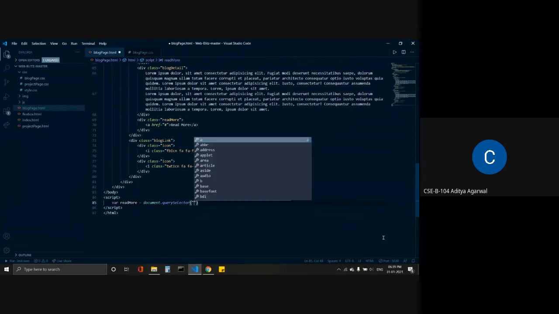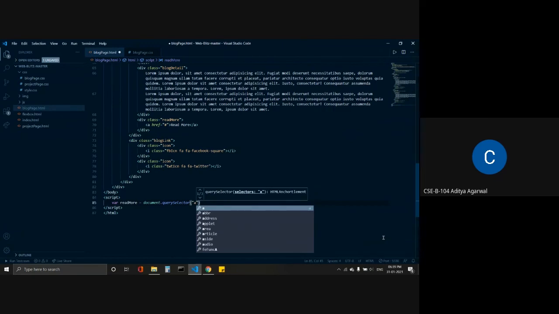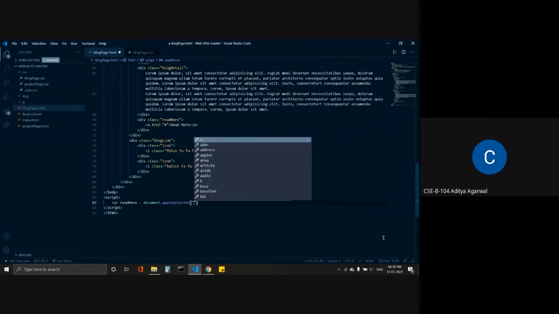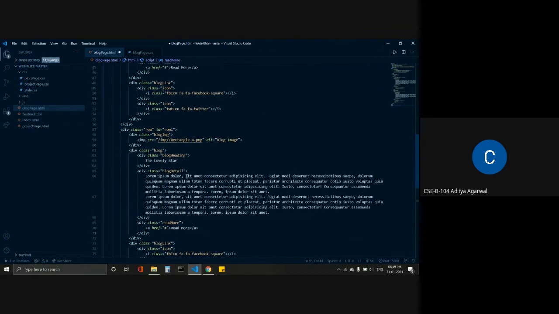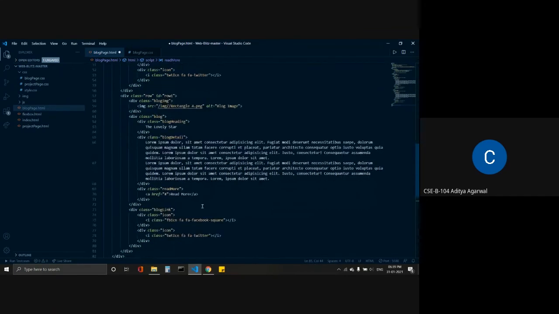If we want to select a tag, we can directly give it as a, where a is the anchor tag. If we want to select a class, we can select it by dot and the name of the class. But if we want to select it by ID, we give hash and the name of the ID. So I want to grab the element by class name.